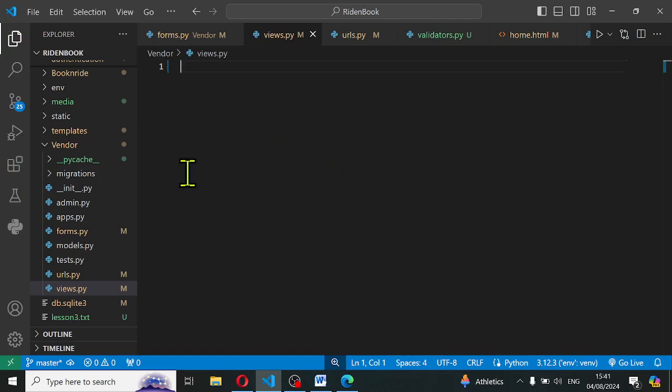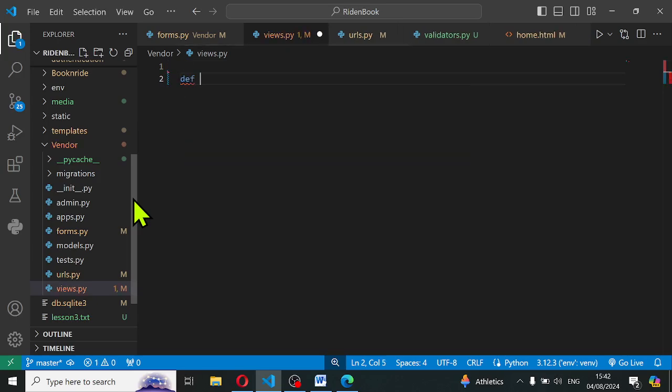Now for this vendor registration function, I'm gonna take a little bit different approach. I'm gonna make my code a little bit different from the customer registration function. So if you see such kind of code, you will understand what it does. So the first thing you want to do is to define your function. So I type def and then give it a function name. I'm just gonna call mine vendor reg. You can call yours whatever you want,